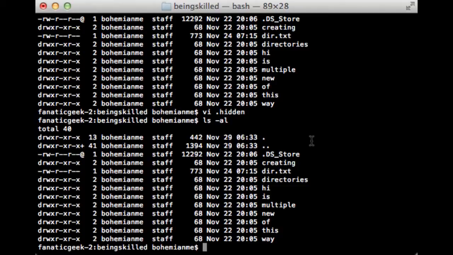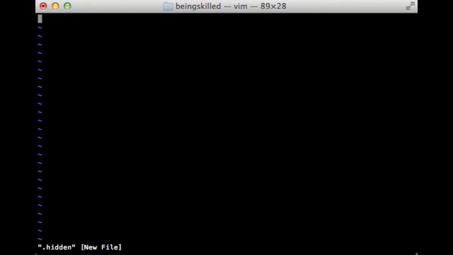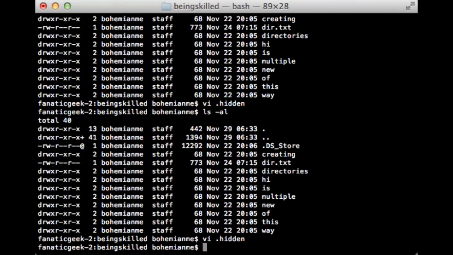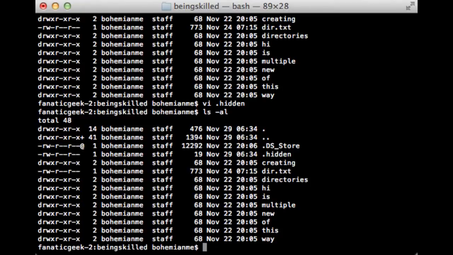Okay, so it isn't visible because we used the wrong parameters. Just type in something using :wq, which means write and quit. So now it will be visible. It should be there, and it is here, the hidden file.